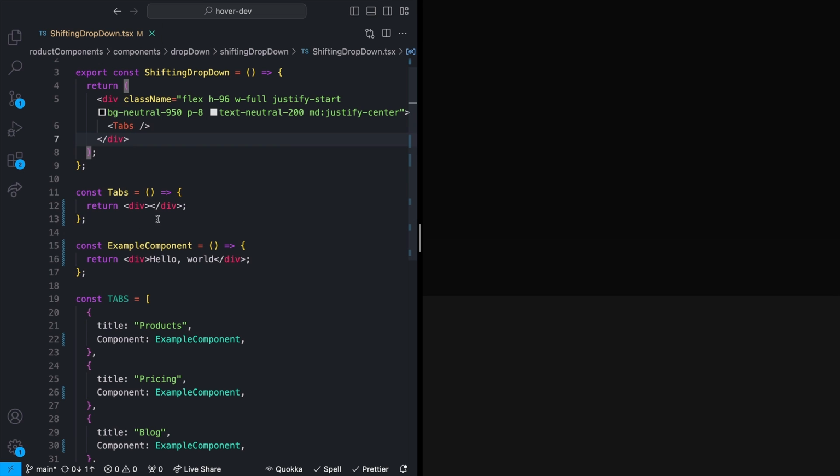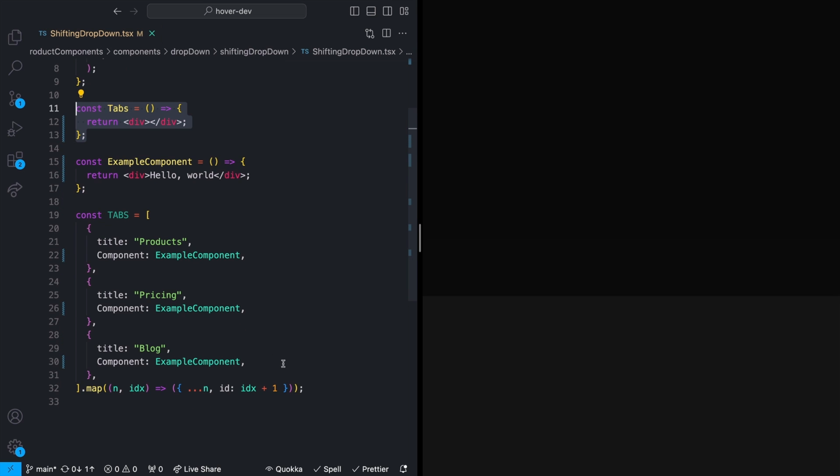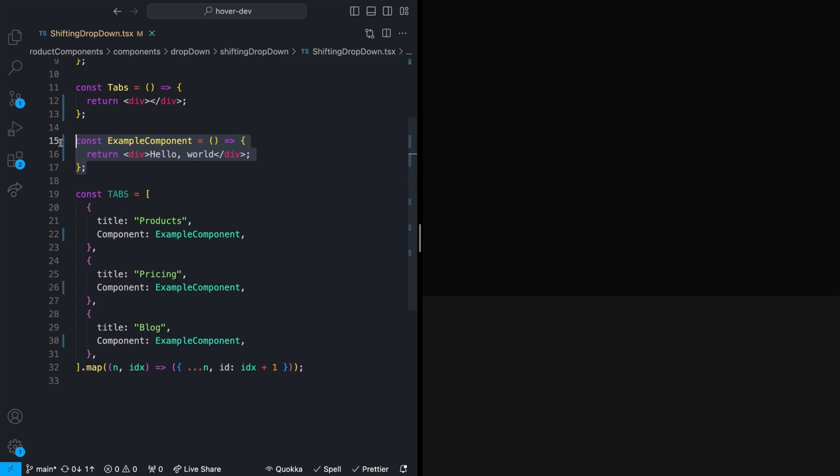And then inside of that, I just have this basic tabs component where we're going to hold the majority of our logic. And then below that, I'm actually defining the content for our tabs. So I just have this basic little hello world component. Later, we'll change this to actually be content that makes sense for each tab. This could be whatever you want, but I'm just going to leave it with this for now so that we have an easy starting point.